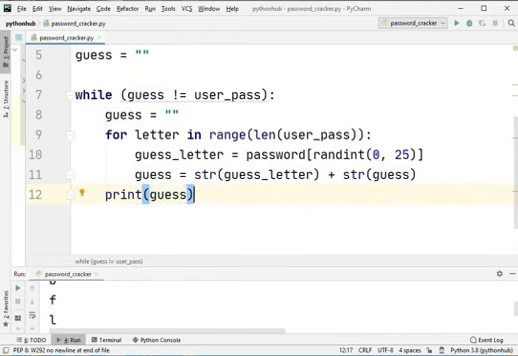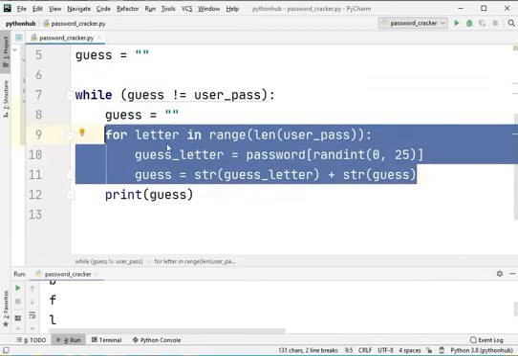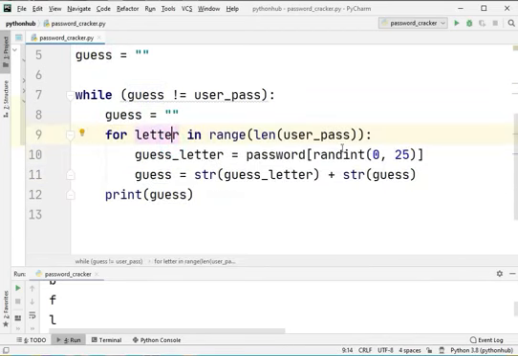So when we print the guess every time, for example, let me type king, it will guess here and create a string of length 4 and print it every time until this guess word is equal to the user password.